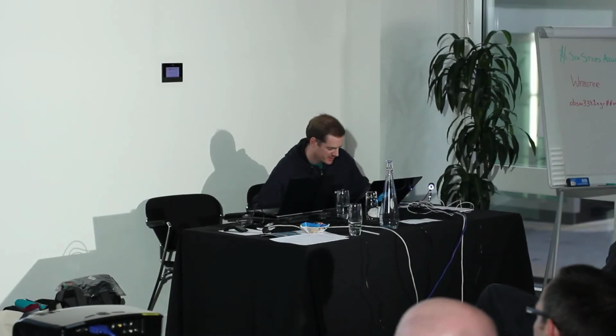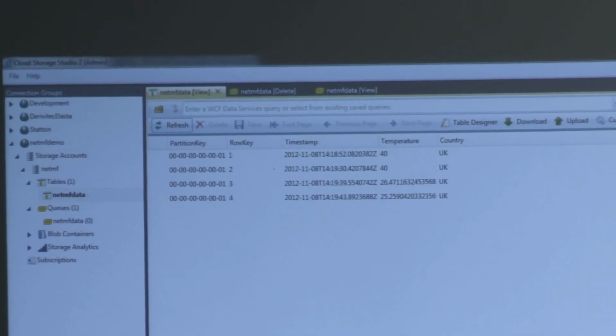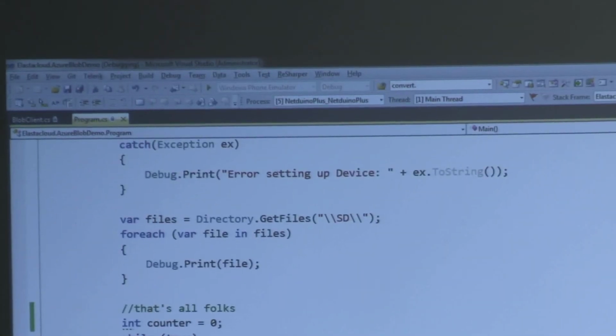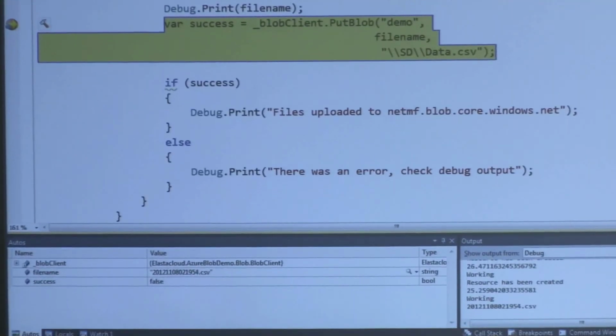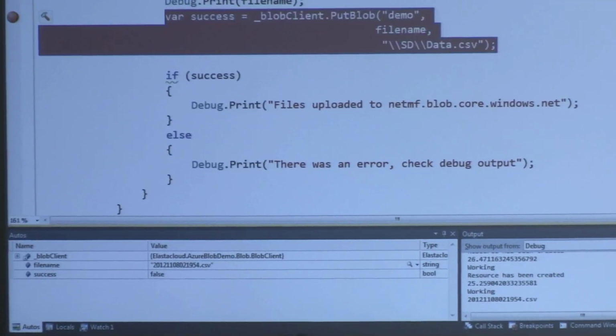One last thing I'll do. I'll remove that breakpoint from in here, so it runs on its own, and I'll hit the input here, which is a button on the device to do an interrupt, and I will add a blob value.